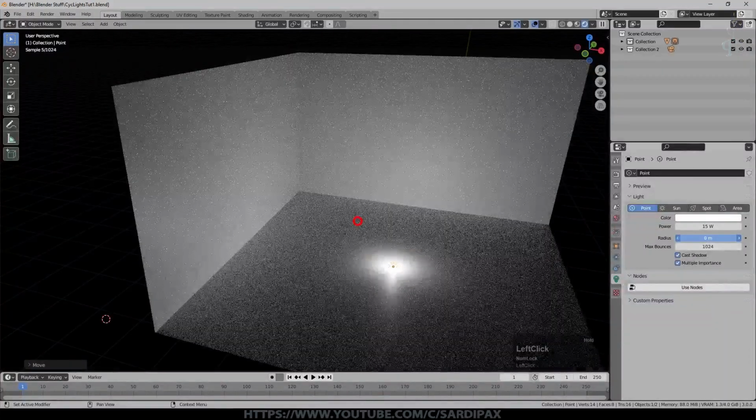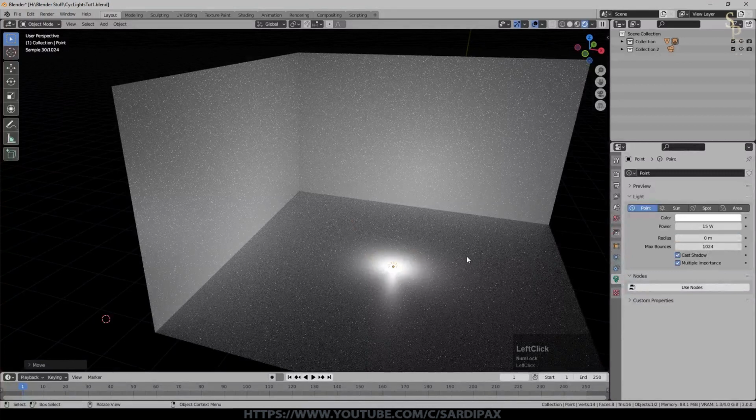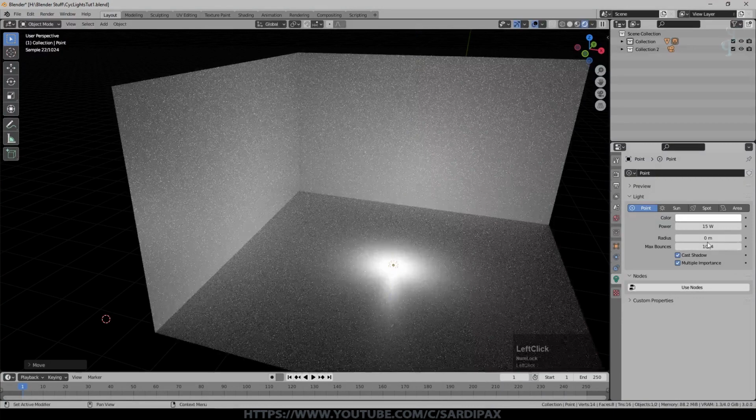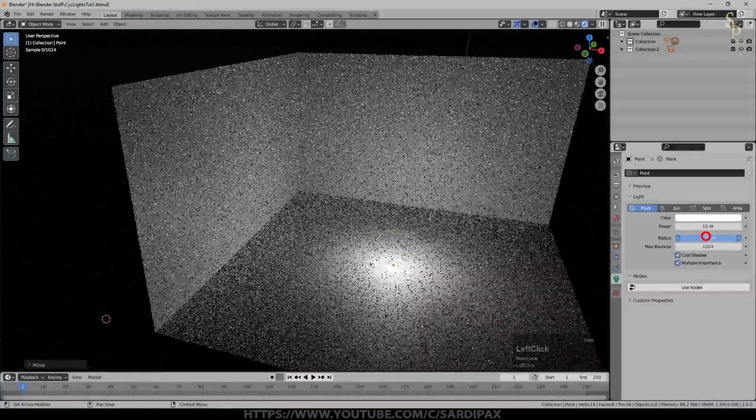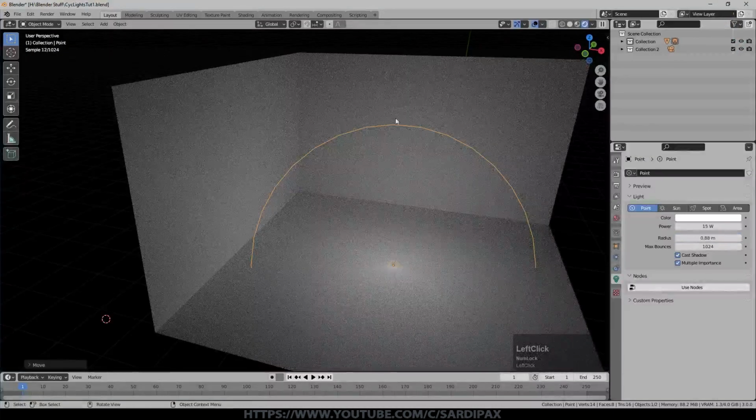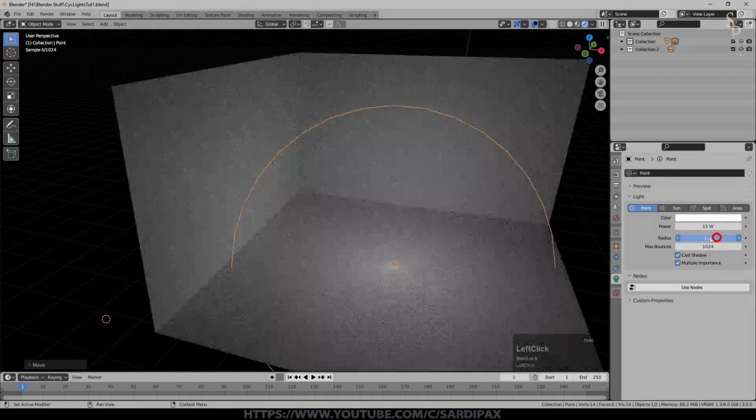If I turn the radius all the way down, you can see that really is an impossibly point light source. It almost seems brighter. And now if I turn that size up, you can see you've got a guide as to how big the lamp is here. I think this wall is 1 meter across, and it's now 0.8 meters for the size of the overall lamp. And you can see it seems to get dimmer.